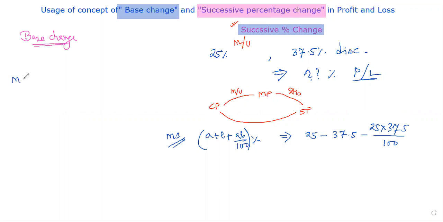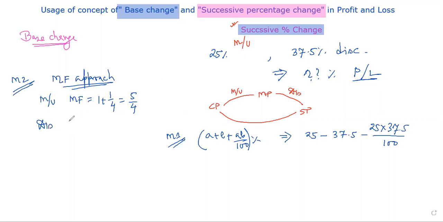Let me go with method 2, where we are applying the multiplying factor approach. We can say markup multiplying factor. Multiplying factor means on cost price I can multiply by that value and I can reach the markup value. What should be the multiplying factor? 25% is the markup percentage, 1/4 is the markup percentage. So the multiplying factor will be 1 plus 1 by 4, which is nothing but 5 by 4.